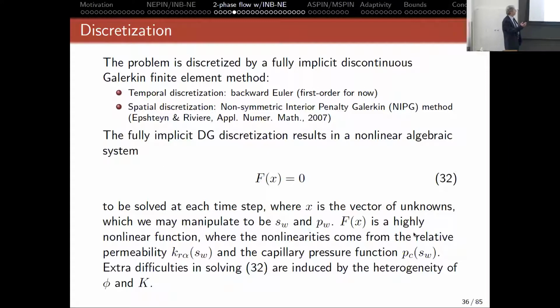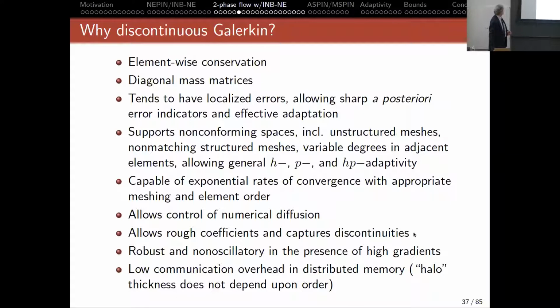So this is going to be solved by a fully implicit time discretization and a discontinuous Galerkin spatial discretization. Eventually, you come up with a set of nonlinear algebraic equations at every time step, which can be in terms of the 2 saturations. No, they sum to 1. So you're going to have either pressures or velocities and 1 saturation. And a typical choice is to have a pressure and 1 saturation. And this leads to methods like IMPES, implicit pressure, explicit saturation, which is the standard model in the industry.